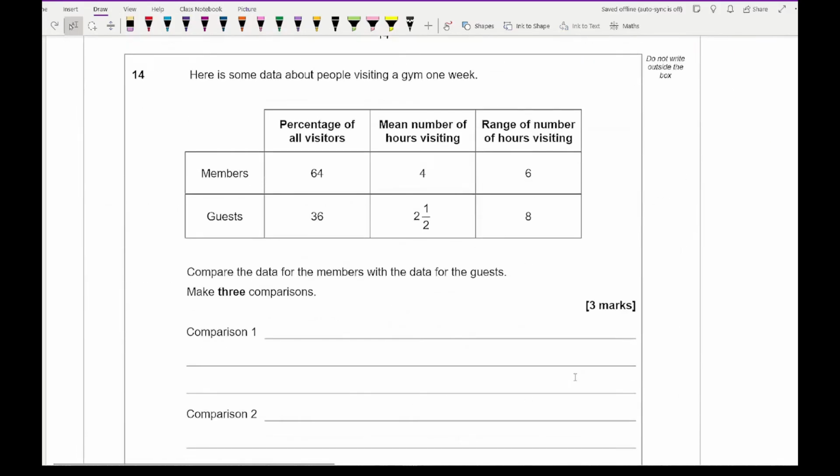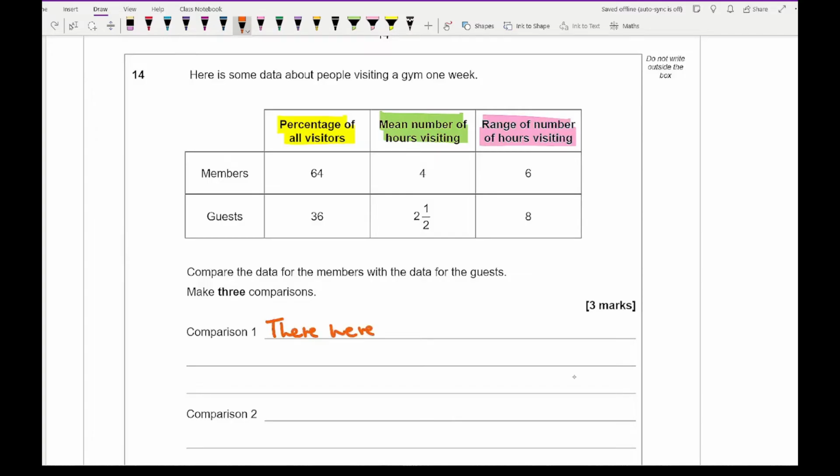Moving on to question 14, it says here is some data about people visiting a gym 1 week. And the question is asking us to compare the data of members to the data of guests. Make 3 comparisons. Now for this, what you want to do is you've got 3 headings. And what you want to do is make a statement on each of those 3 headings. So looking at the percentage of all visitors, we can make an assumption that there